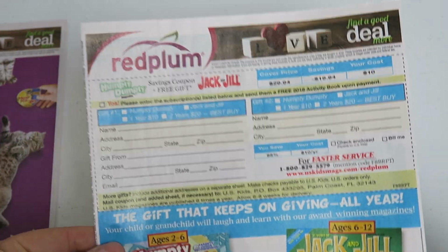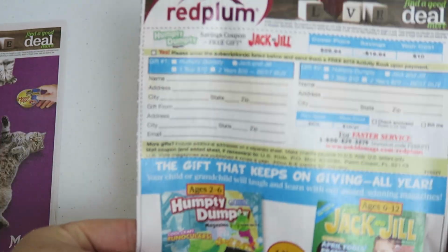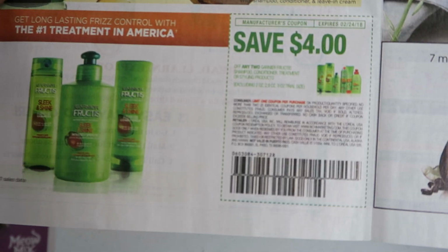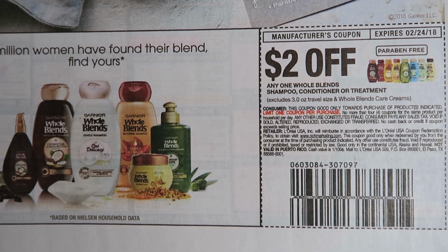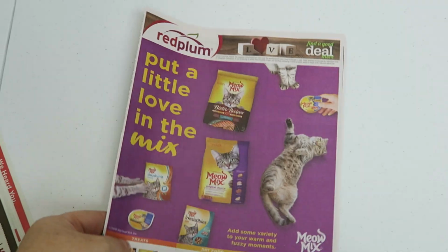So this is the first red plum and it is exactly 1 page. So it is a thin one. So this is the cover. And we have a Garnier shampoo coupon here. That's a pretty good one. And then a $2 off a whole blends, which is always nice. And on the back, it's just a whole bunch of stuff to get some checks going. Okay, so the second red plum,